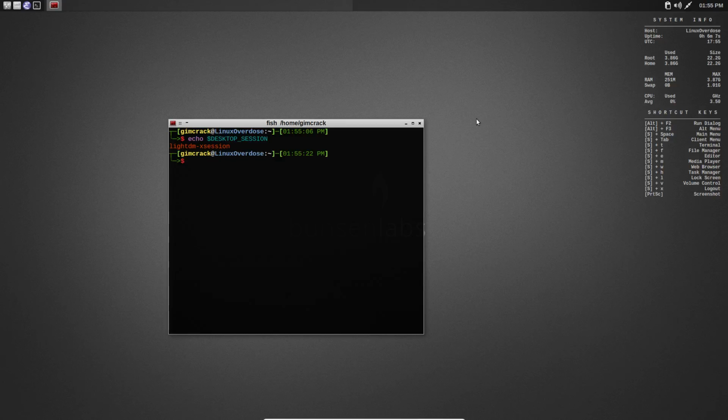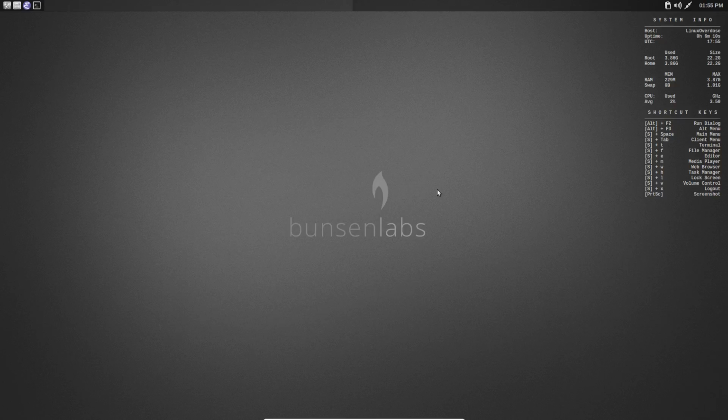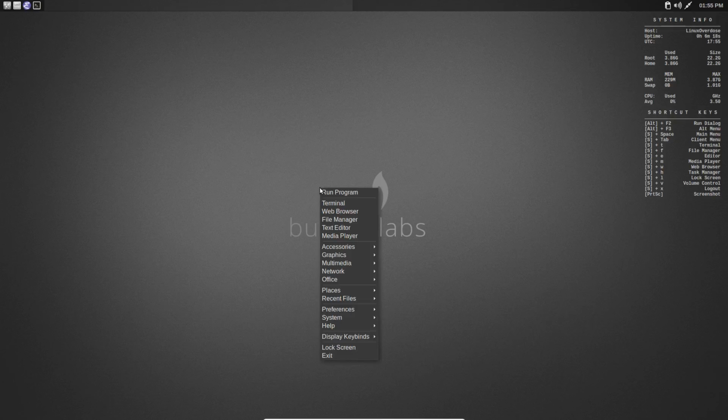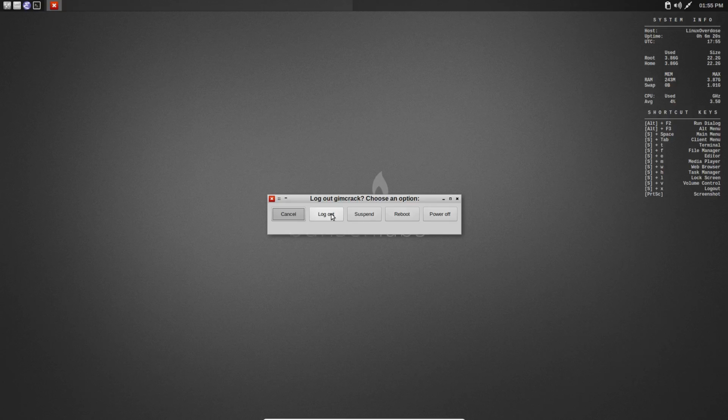So that's one way to find out what display manager you're using. But I got that on auto login, so I don't even see my display manager, but I can get to it by just logging out,